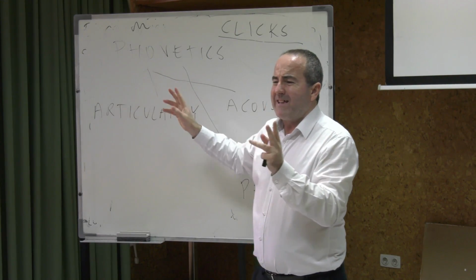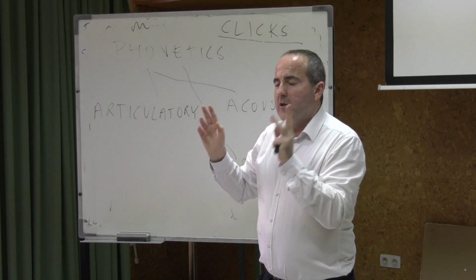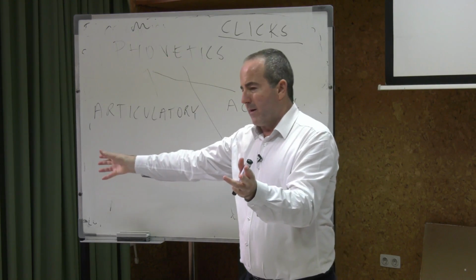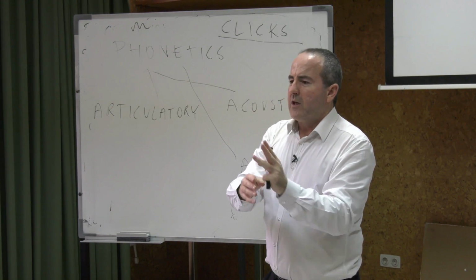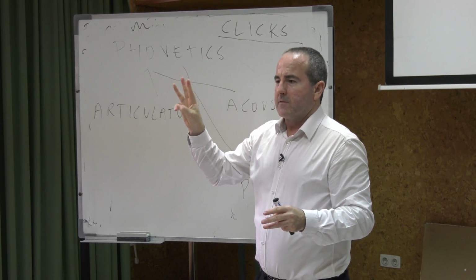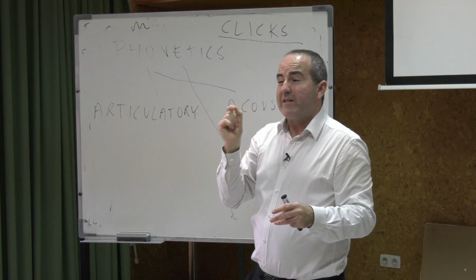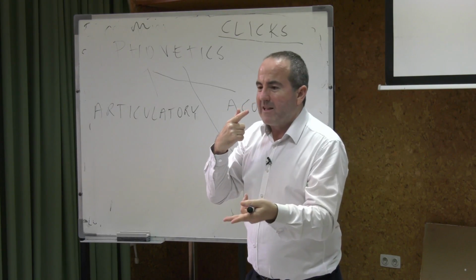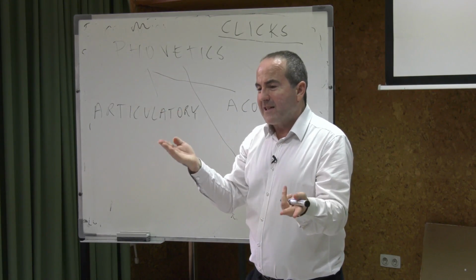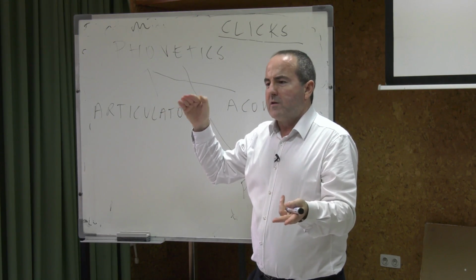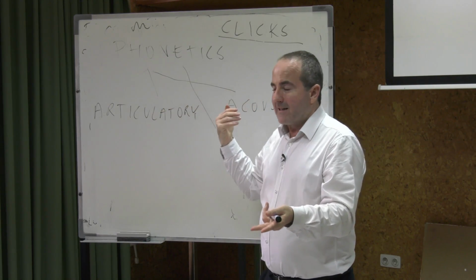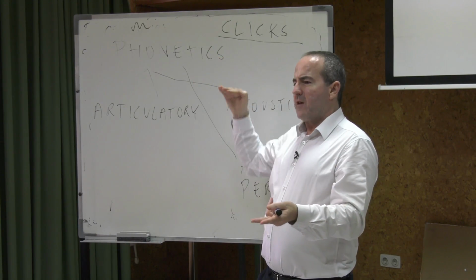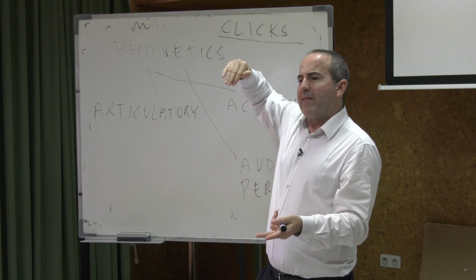Now, in order to define sounds articulatorily, usually we distinguish between consonantal sounds and vowel-like sounds. In consonant sounds, usually we use three parameters. We talk about the point or place of articulation, and there we distinguish between bilabial sounds, labiodental sounds, interdental sounds, alveolar sounds, post-alveolar sounds, palatal sounds, velar sounds, uvular sounds. The uvula is the end of the soft palate, okay,